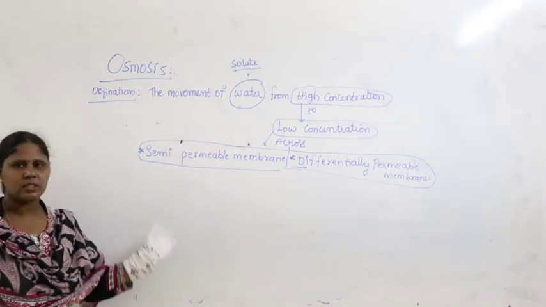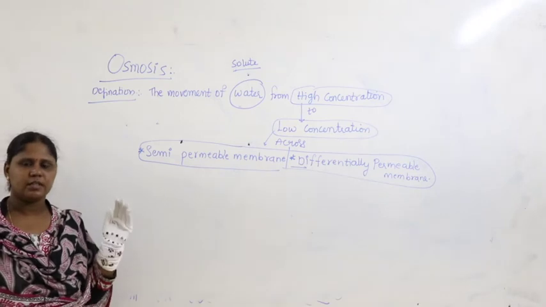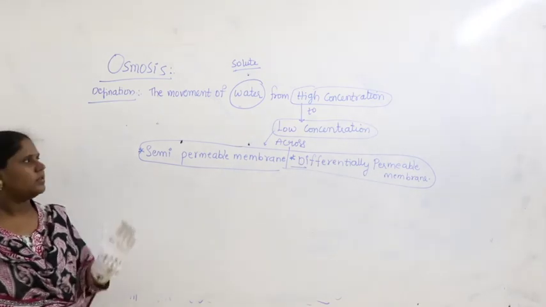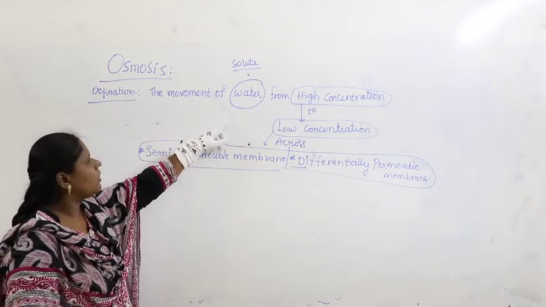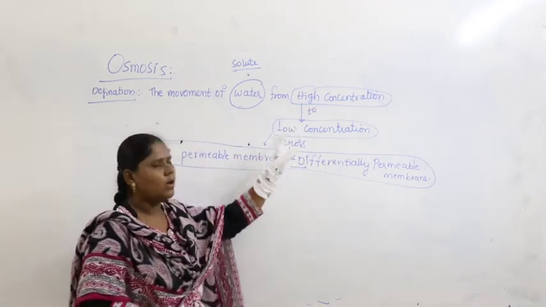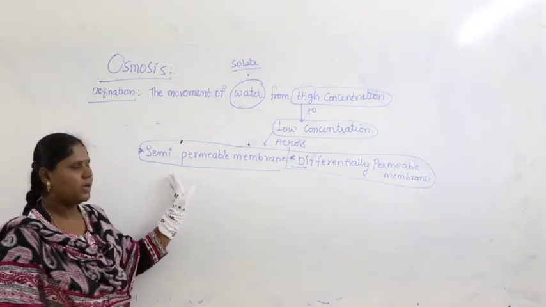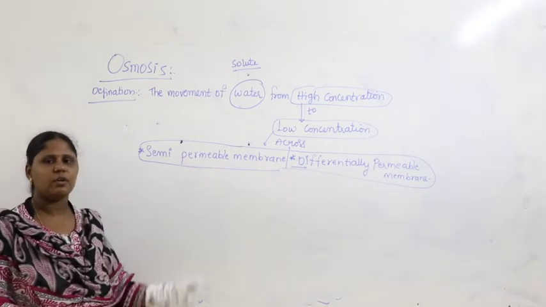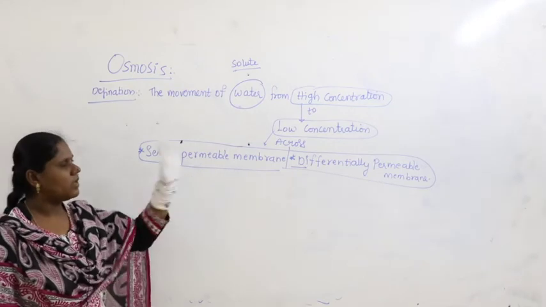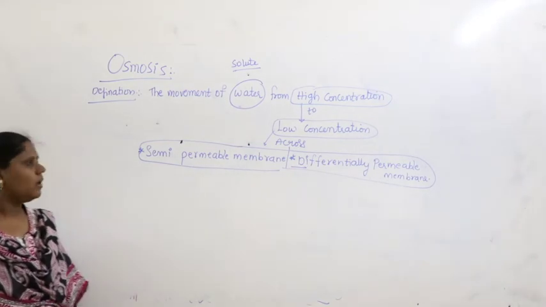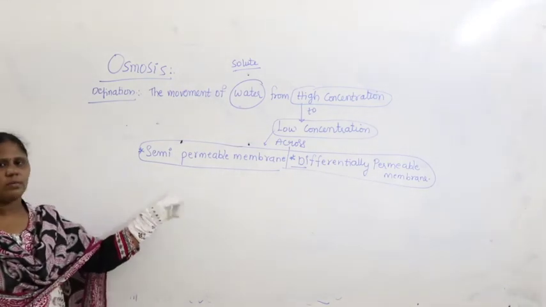So, as we are discussing about the water, we are in the discussion about transport of water. That is why we are defining the definition in terms of water. According to water, movement of water from high to low across semi-permeable membrane. In the entire definition, what did I say? What is important? Semi-permeable membrane is important.